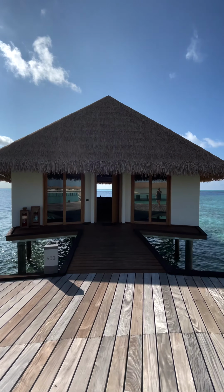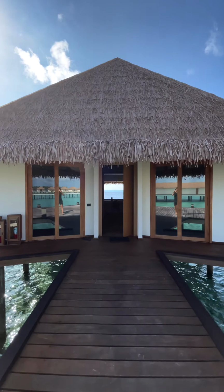Hi, so I'm about to take you on a tour inside this amazing water suite behind me that you can see. I'm at Cinnamon Velifushi, and I'm going to turn the camera around now and we're going to take a look inside at this amazing suite. So here we go. This suite is at the very end of the jetty,